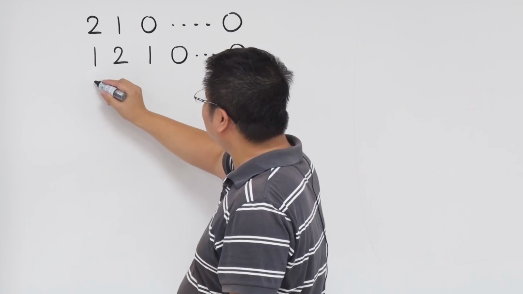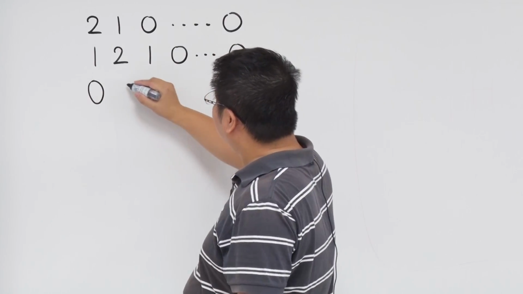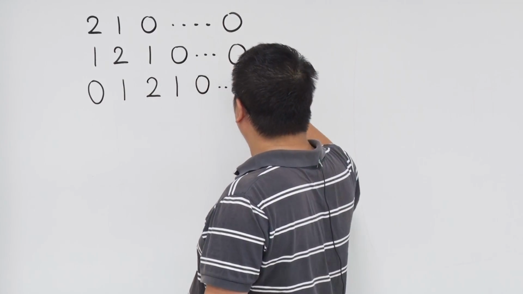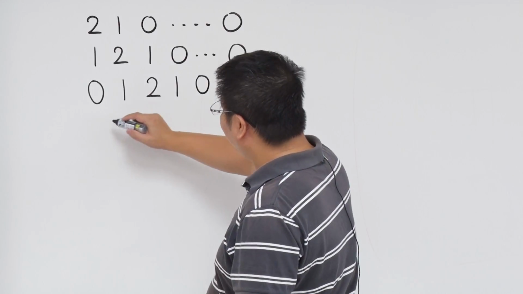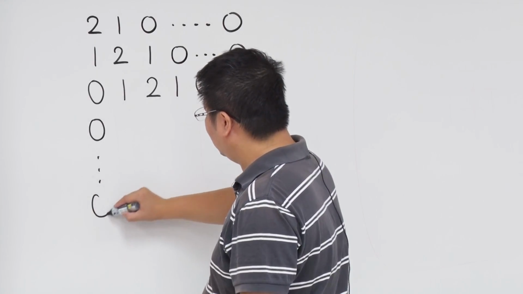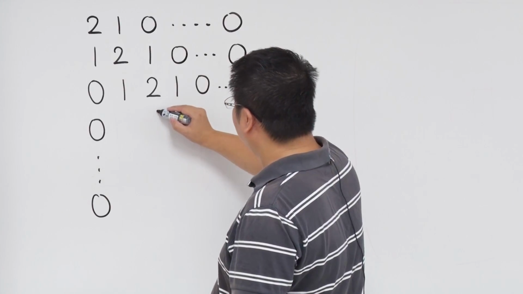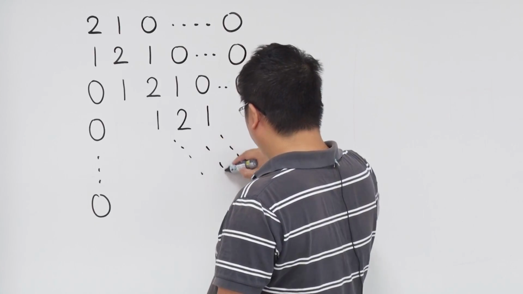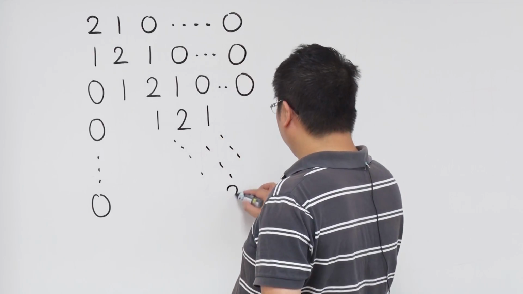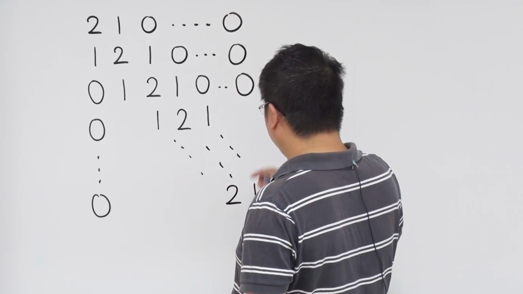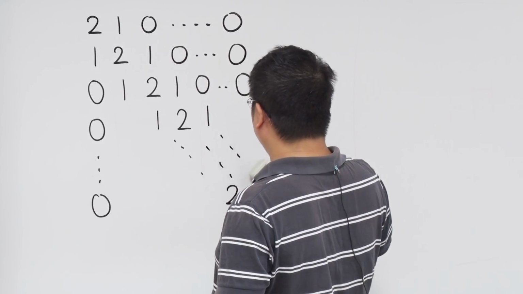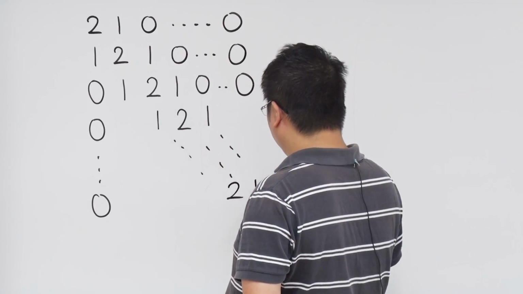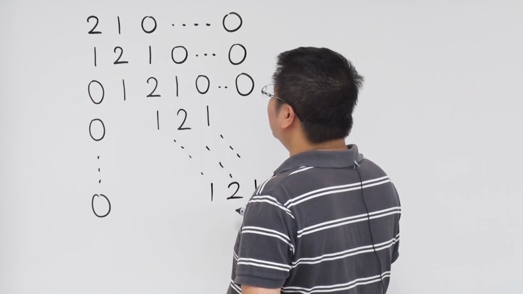And then the next one is going to be 0, 1, 2, 1, 0, 0. You have 0, you have 1, you have 2, 1, and then in the end, it is going to be 2, 1 again. No, in the end, let's say this is 2, 1, and that is 2, 1, 2, 1, 2, 1,